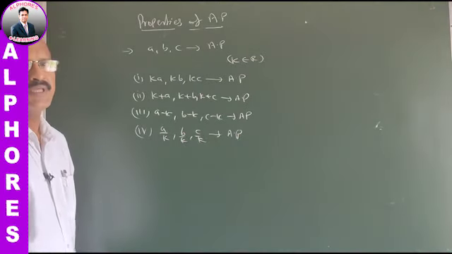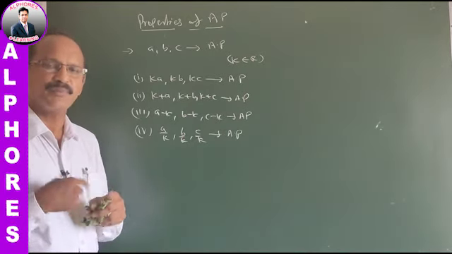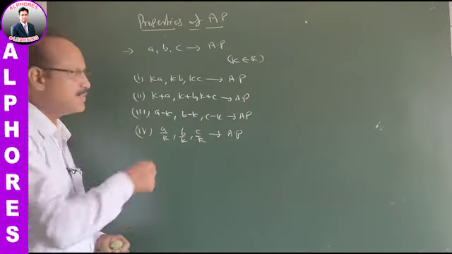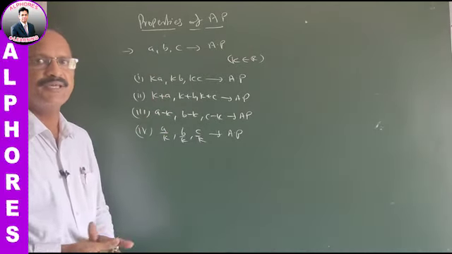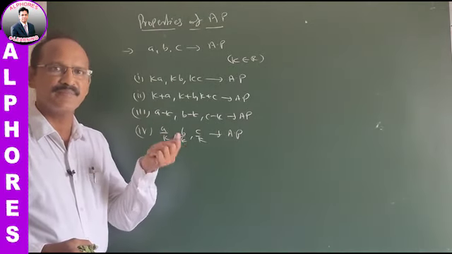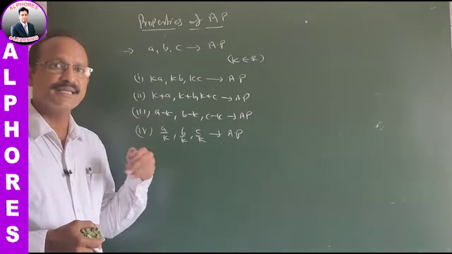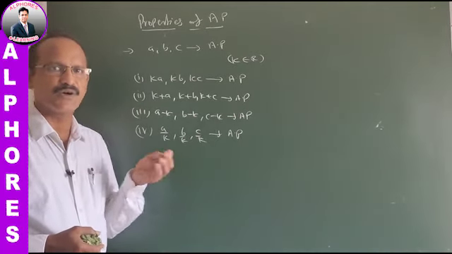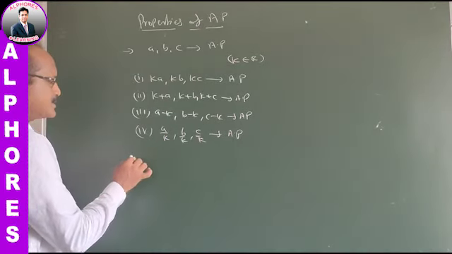That means if a constant is added, subtracted, multiplied or divided, the resulting series is also in AP. Once again, if a constant is added, subtracted, multiplied or divided by arithmetic progression terms, then the resulting series is also in AP. Right? So that is the first point, and next, the second one,